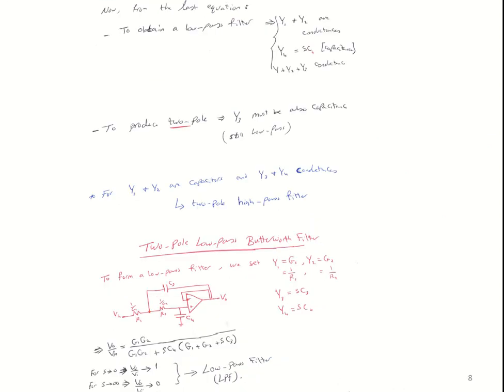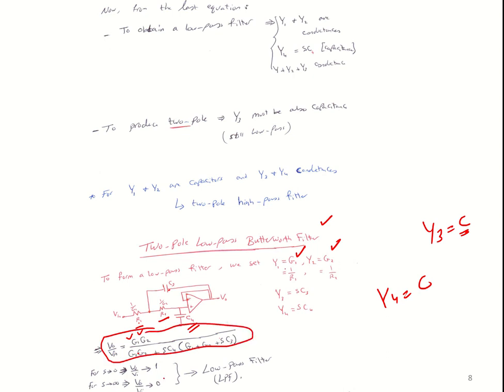Now, this is the basic example for the two-pole low pass filter, where we make Y1 a conductance and Y2 a conductance. Basically this is 1 over R, R1 and R2, so G will be 1 over R. For Y4 we make this a capacitor, and Y3 could be a resistor or capacitor, so we make it a capacitor here. Then if you just put the characteristics here, you can see that this is the transfer function for the low pass filter.